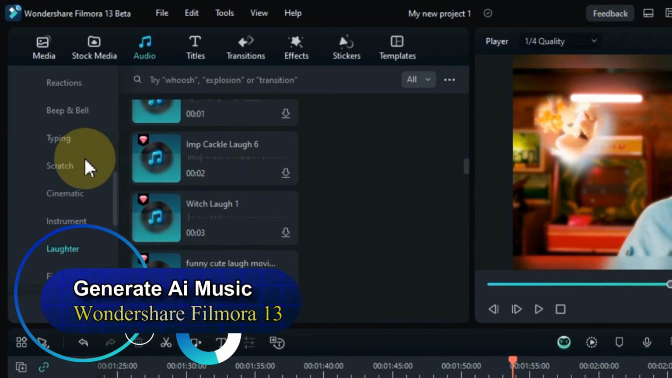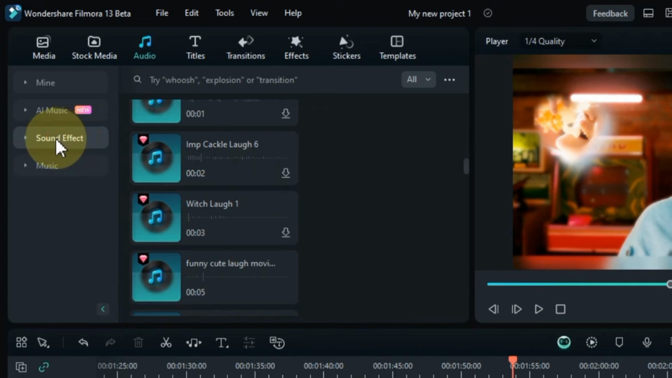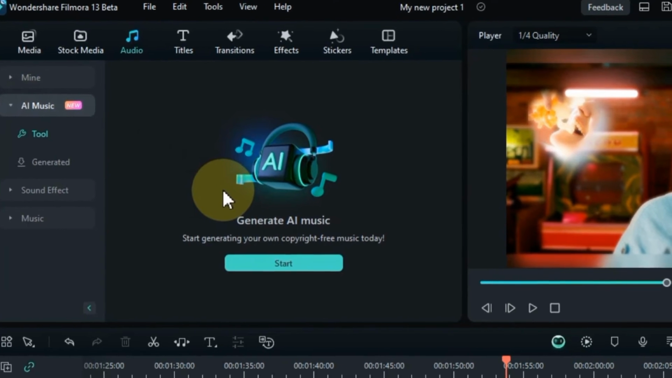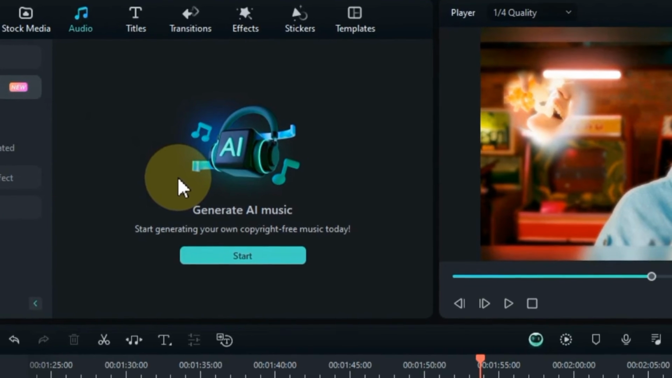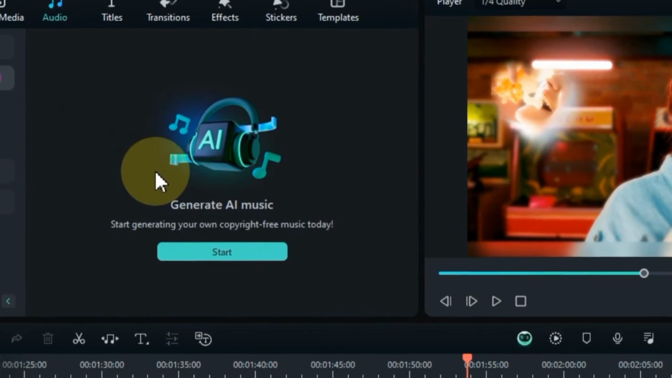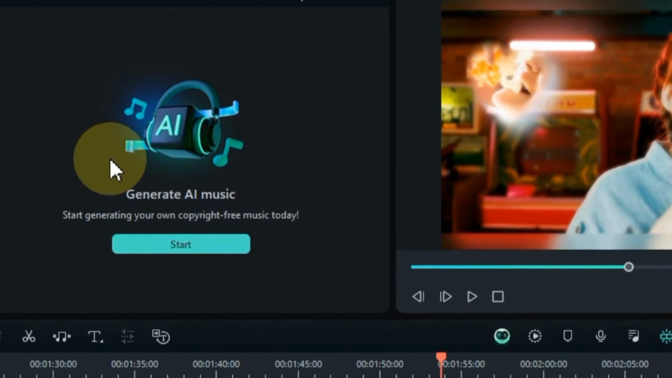So let's learn now how we can use AI Music Generator in Filmora 13 and use it in our videos. So for that, again go to Audio tab. Here, you'll notice a new section called AI Music. In this complete tutorial, we'll be exploring the innovative AI Music Generator tool in Filmora 13. This powerful feature allows you to generate unique and high-quality music tracks that perfectly suit the mood, tone, and duration